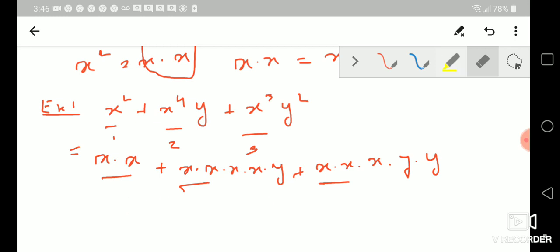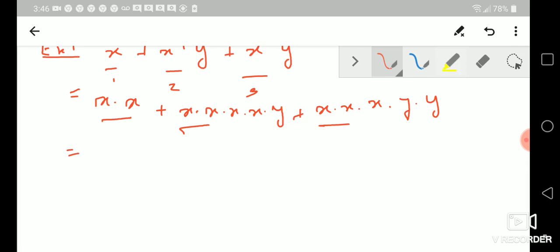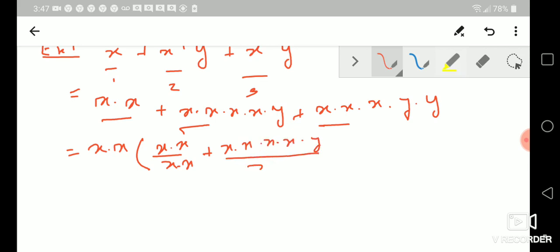When we write it in multiplication form, everything common between all these terms is x dot x. So let's take x dot x and divide all. After that we are factoring it out, so we have to multiply this with all the remaining terms inside the bracket. So let's see how it works. We'll have x dot x divided by x dot x, x dot x dot x dot x dot y divided by x dot x,